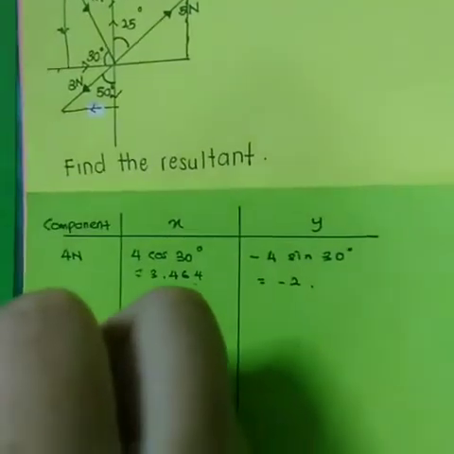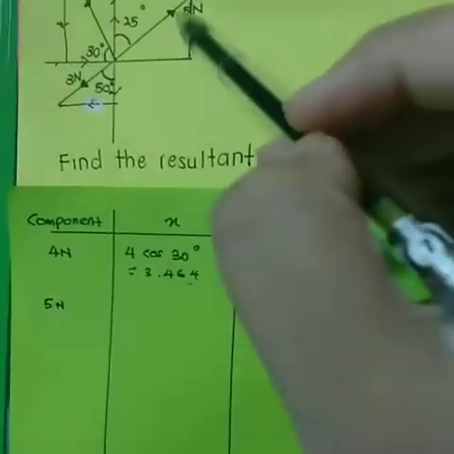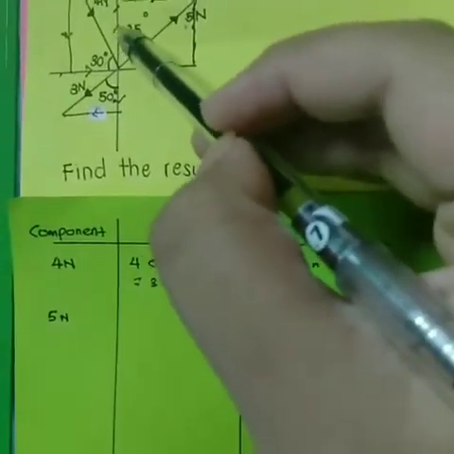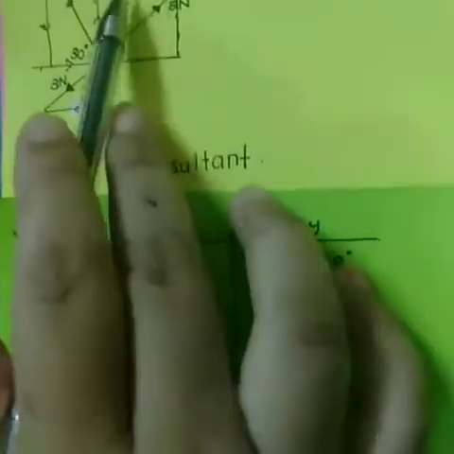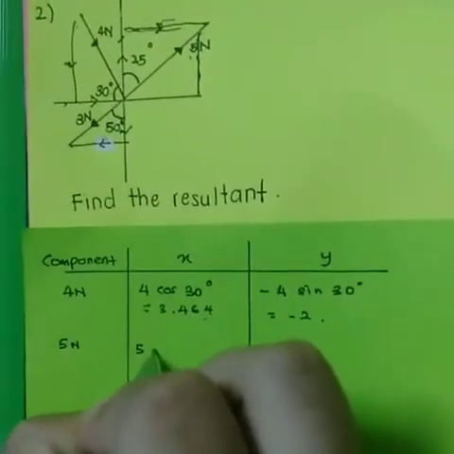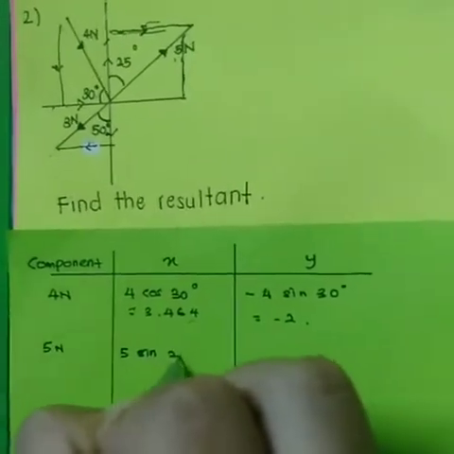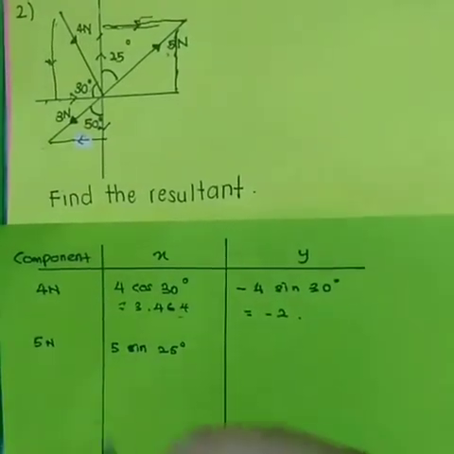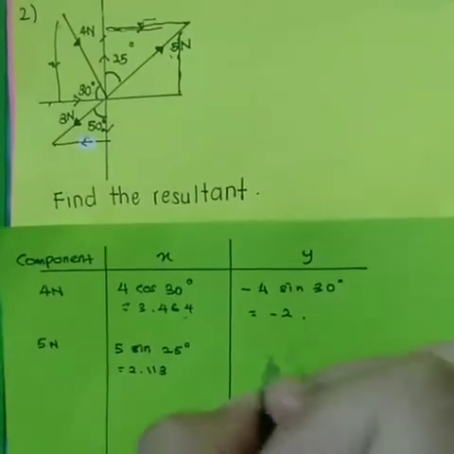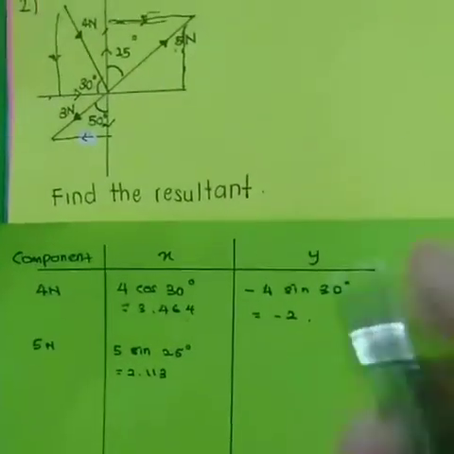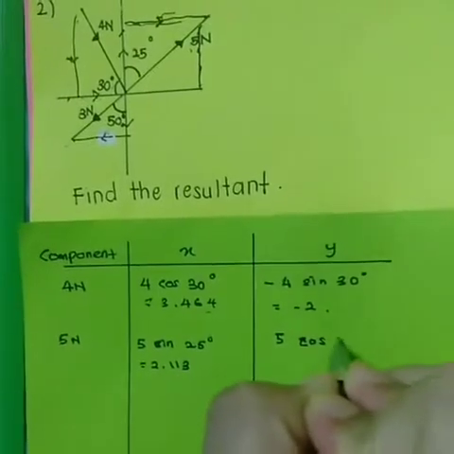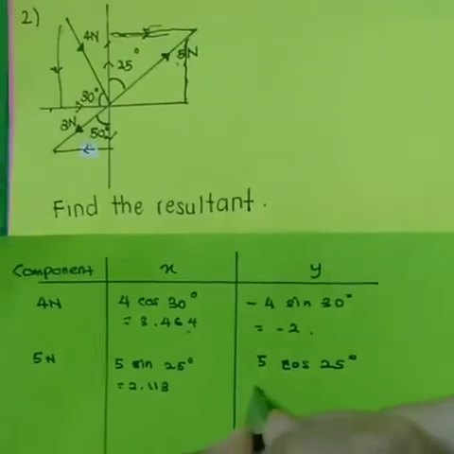So for 5 Newton, here, we need to put this arrow right and upward. So for the x-axis, we need to put 5 sin 25. So the answer is 2.113. So for the y-axis, we need to put 5 cos 25. So the answer is